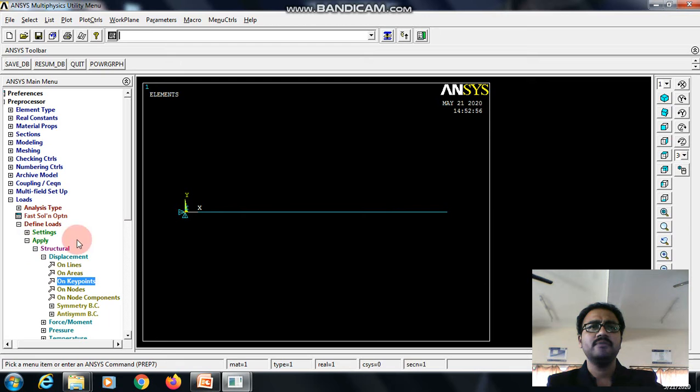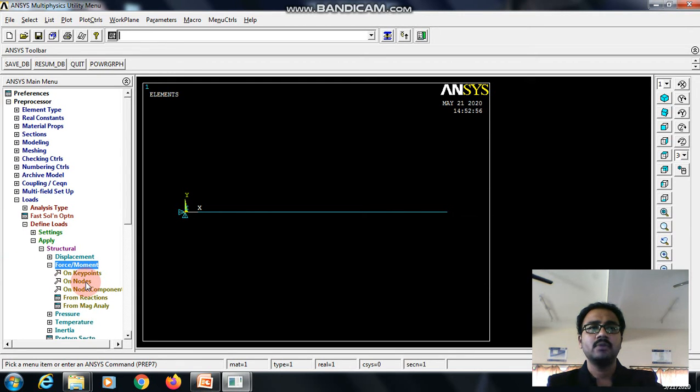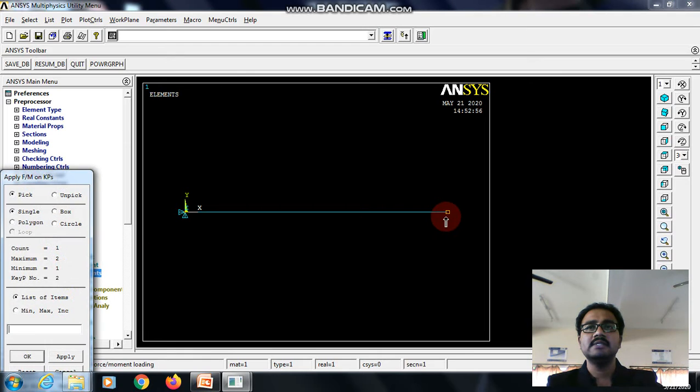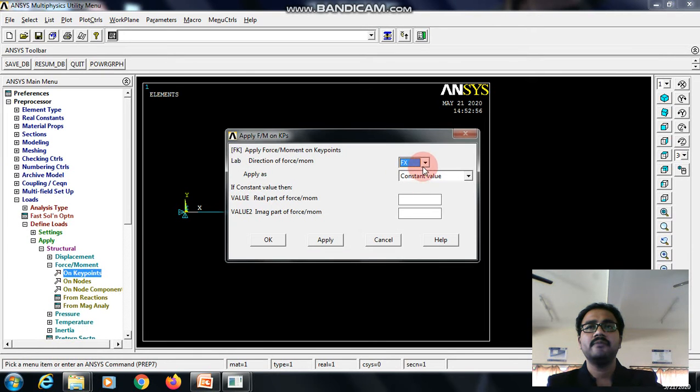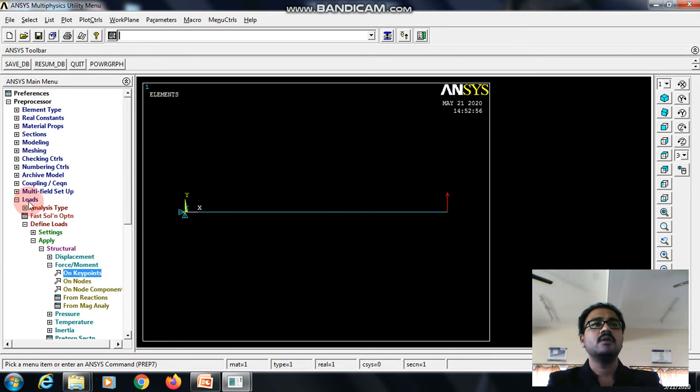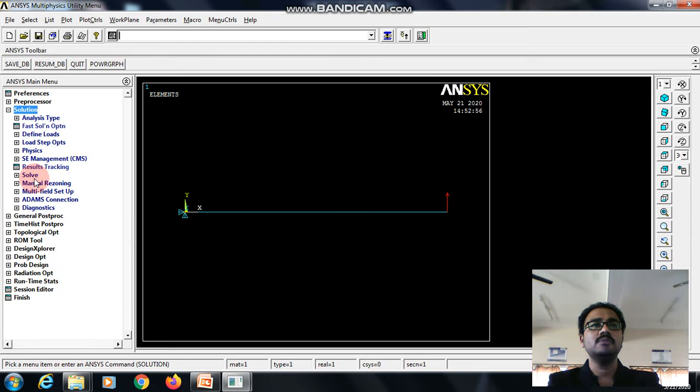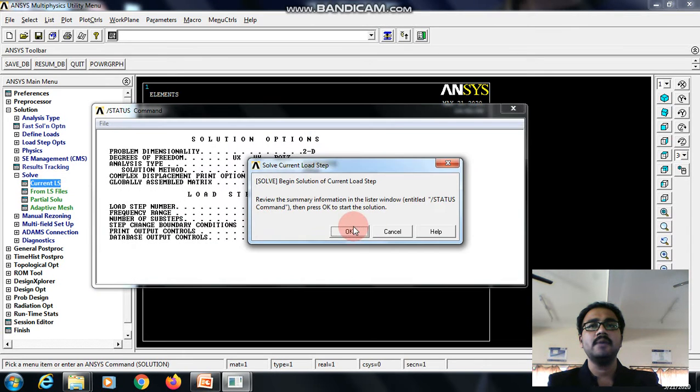And similarly we have a load, for that force moment on key point, select this one, apply, it is Fy direction, the magnitude of 100. Now we'll see how to solve this problem. Solution, solve, current load step, give OK.